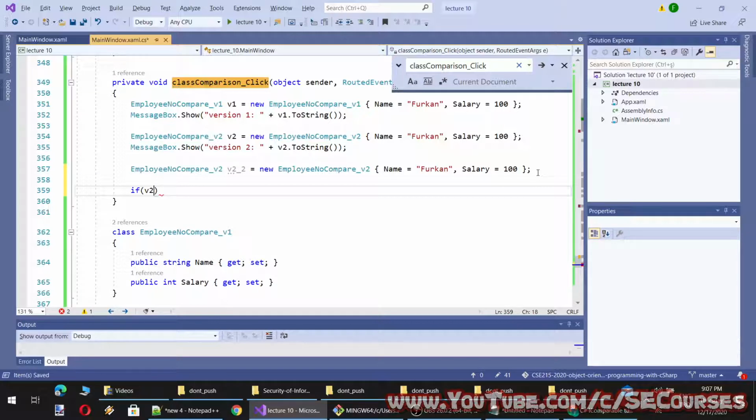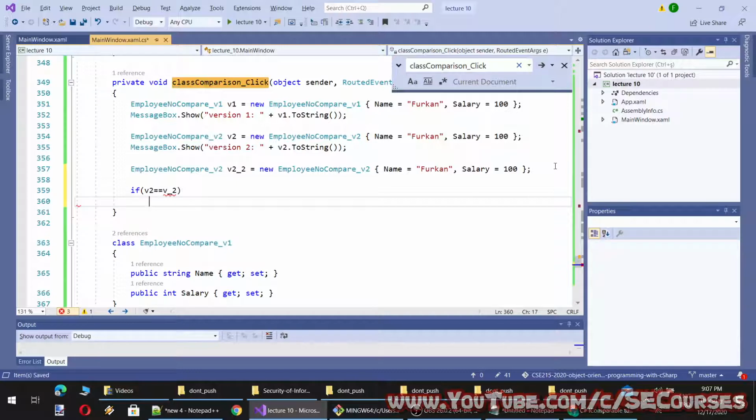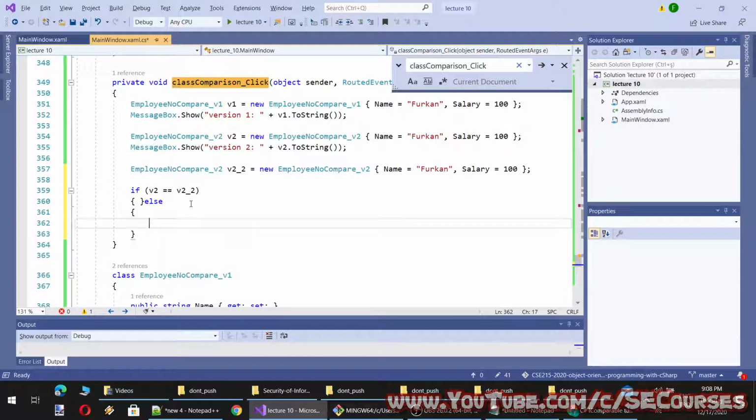If v2 equals v2_2, and else, message box show v2 is not equal v2_2.